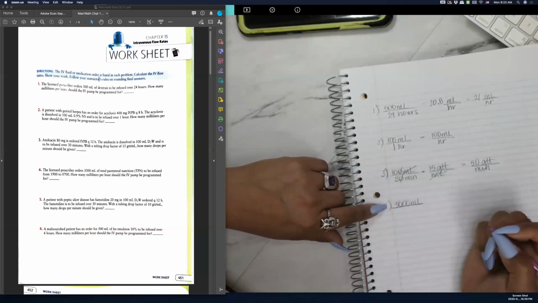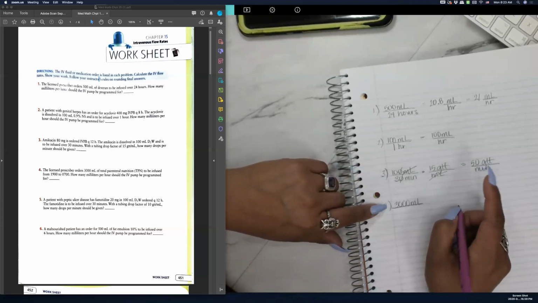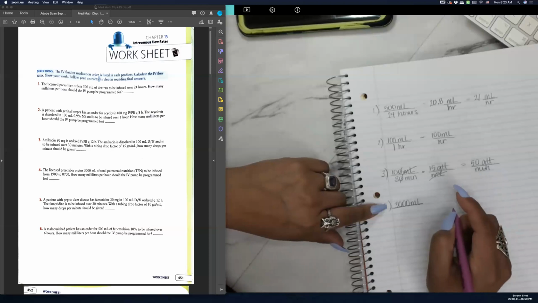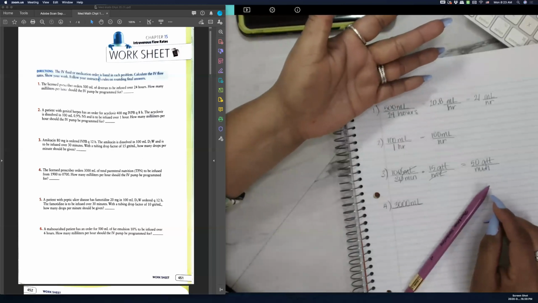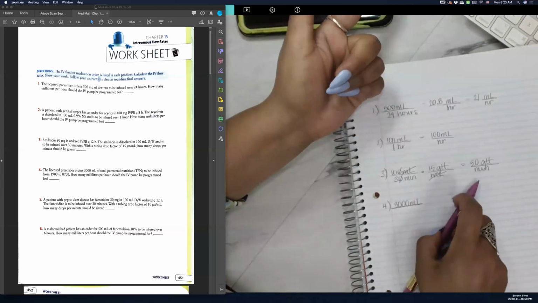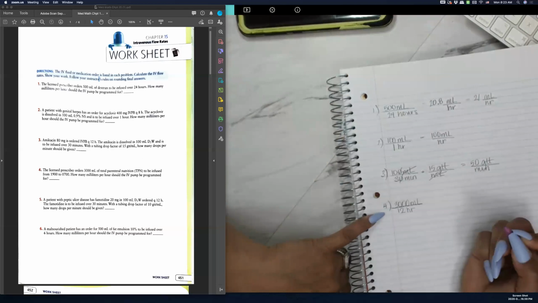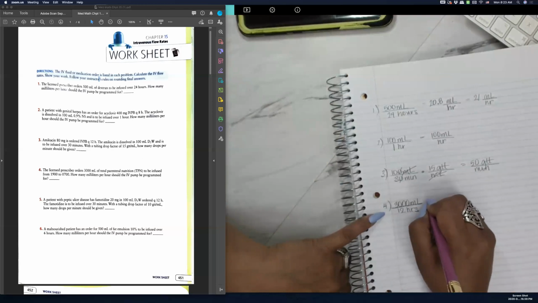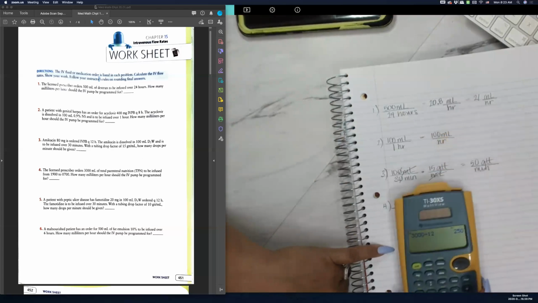And now we have to figure out from 1900 to 7 o'clock, how many hours is that total? So we have 19, 20, 21, 22, 23, 24, and then we start again. 1, 2, 3, 4, 5, 6, 7. So that's 12 hours. And we're just going to go ahead and divide that. It's 3,000 divided by 12 hours is going to be 250